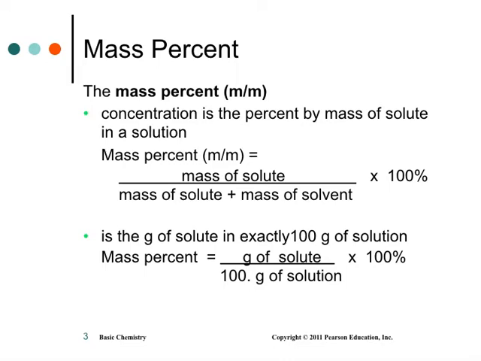And the solution has two parts. The solution is the solute plus the solvent. The solution is the whole thing. So if you're going to have a mass percentage, mass-wise, you're going to have grams of solute over 100 grams of solution. And then if you want to express that in percentage, you're going to have to multiply that by 100.